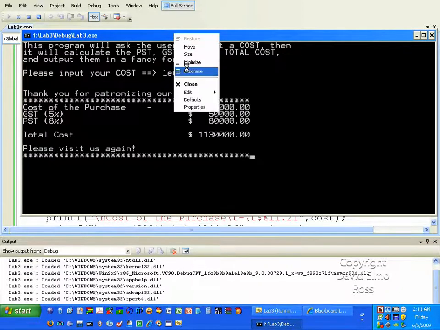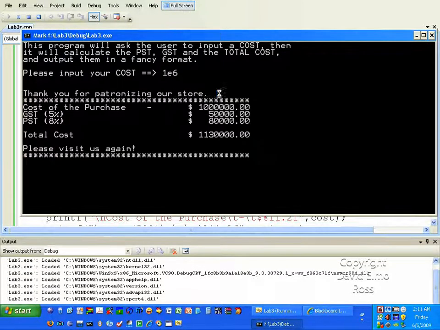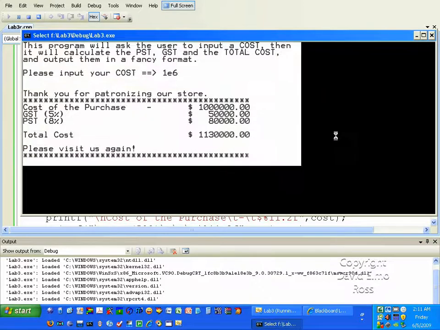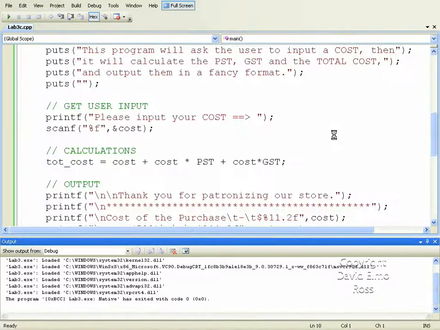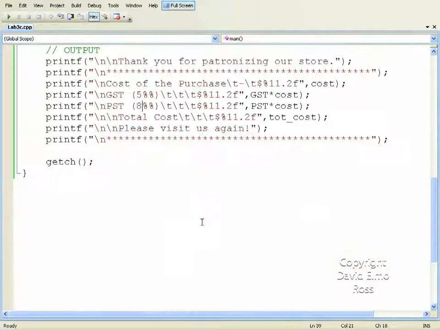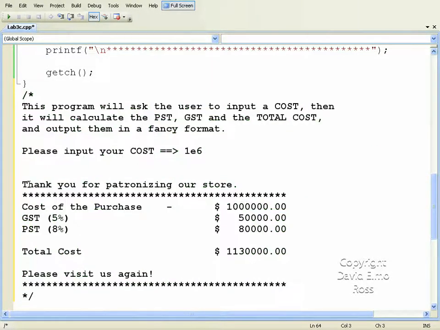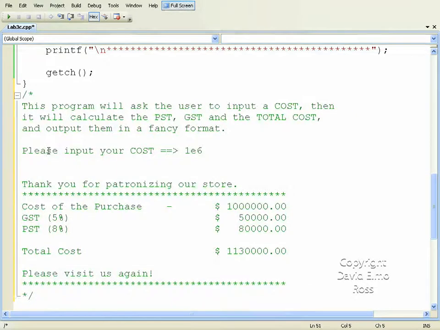Okay, right mouse click, edit, mark, grab all of that beautiful work. Right mouse click, enter. Let's clean up and do this last little bit. Make sure everything's perfect, because if I'm marking it, I want to make sure everything's perfect, and we're pretty much ready to go. So there we go,